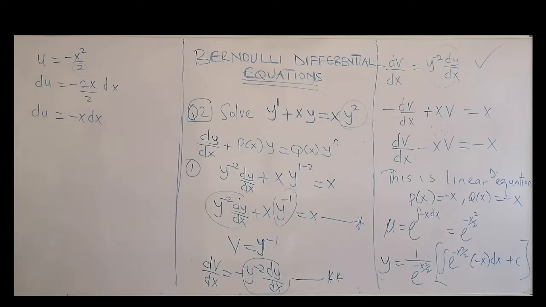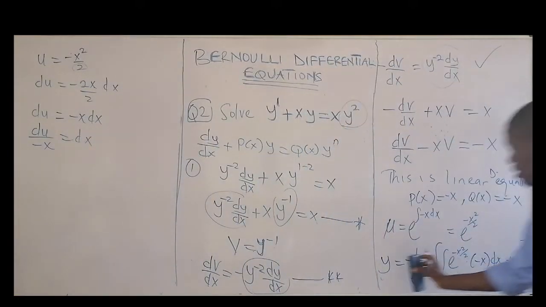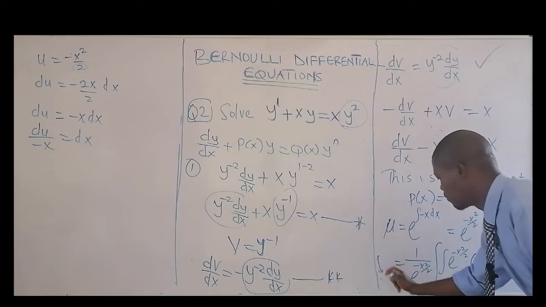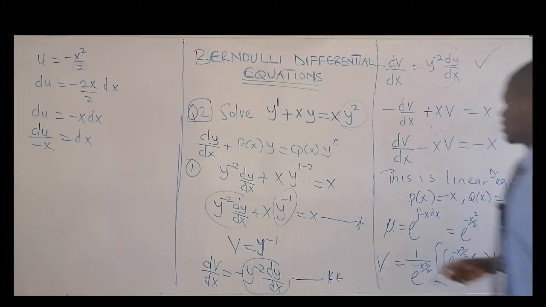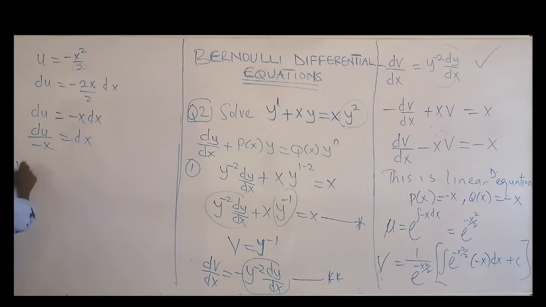Okay, then we can make x the subject, so we have du over minus x equal to dx. Then we can go back to that place. Our equation is linear in v, it's not in y. So this place will be v. So that's v, it's linear in v. So v equals 1 over e to the minus x squared over 2, times the integral of e^u times